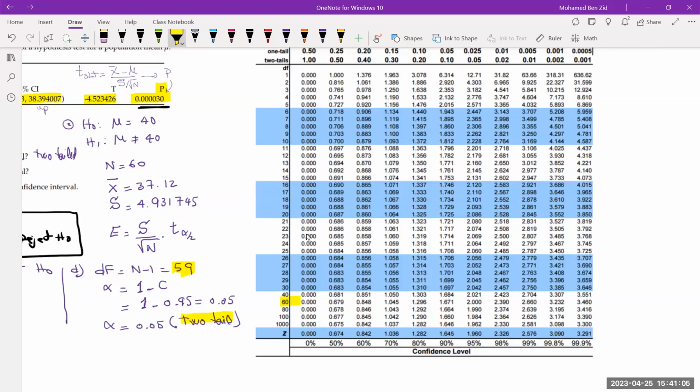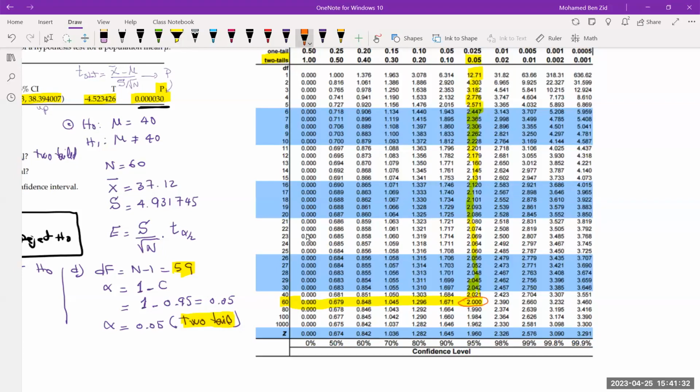Because you are using two-tail, you look for 0.05 in two-tail, which is this column over here. You follow through it, extend the line, and the value that you're looking for is going to be a 2,